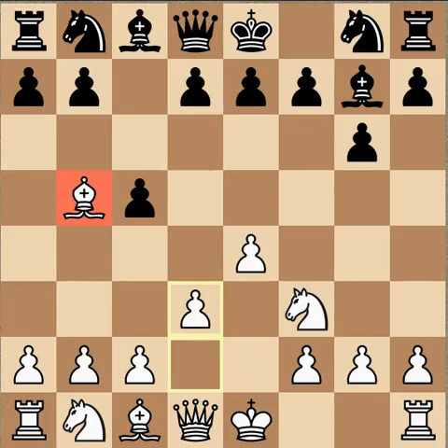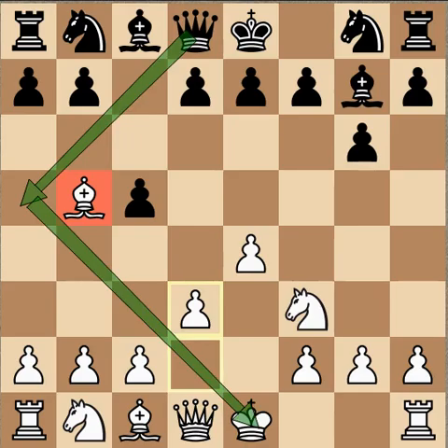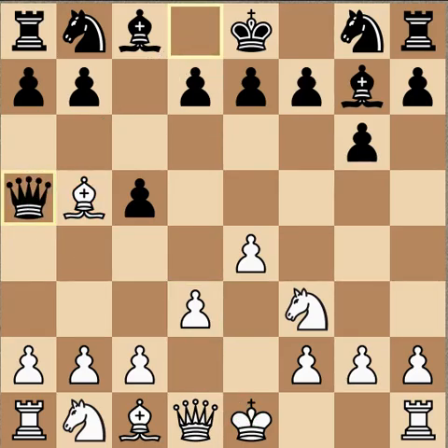Now, by now you should be able to see this right away. First of all, what do we check first? Unprotected pieces. That's the first thing that should just pop up in your mind, even without me putting this color code on the bishop. As soon as you see a piece unprotected, and then right after you acknowledge that, you should see weak squares. You should see the opportunity, the dark squares. So, Queen A5 check,